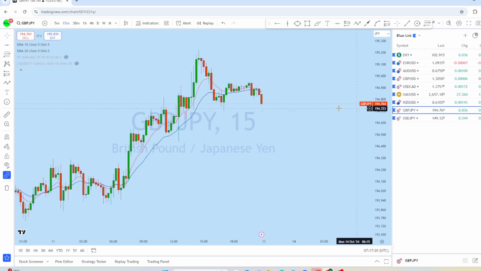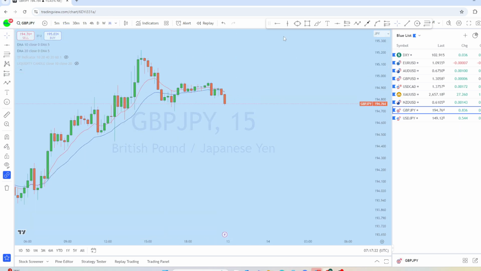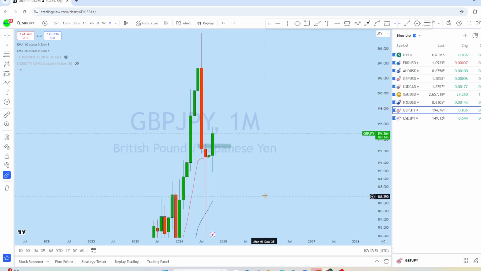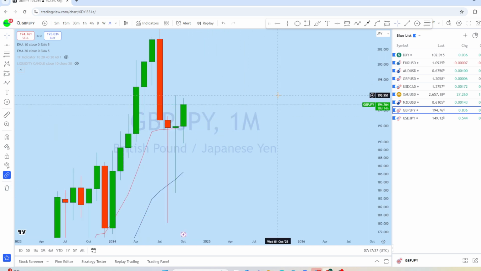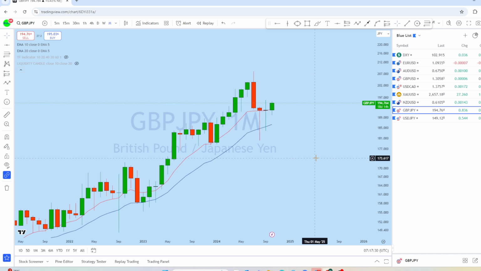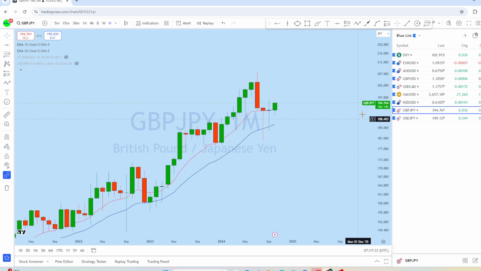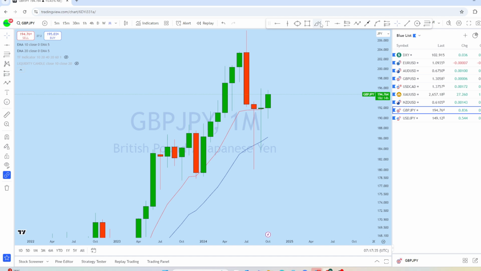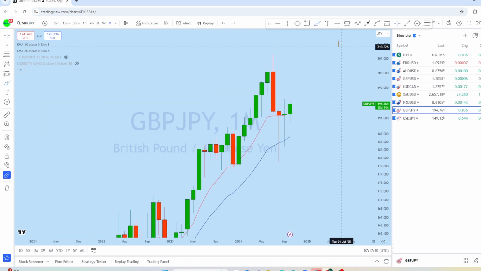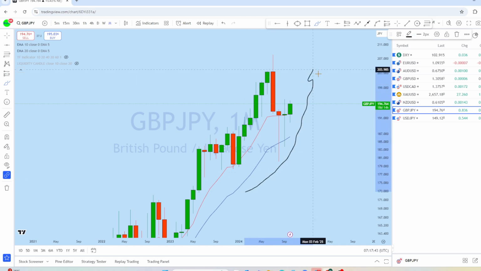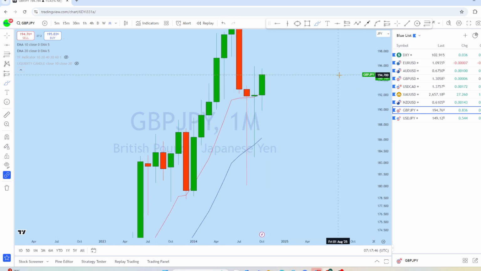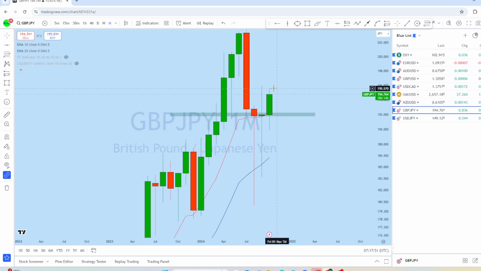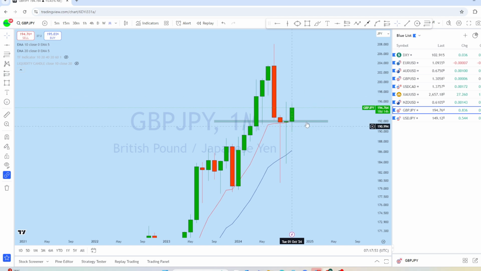Now let's look at GBPJPY. Let's see what kind of opportunity we have. Looking at the monthly chart on GBPJPY, this is the monthly price action here on GJ. There is a monthly impulse on GJ, and with that monthly impulse, if we look closely, we can see that the market is forming a series of higher lows in that area on GBPJPY. With that series of higher low formation, what we can expect on GJ is for the market to retest and then revert back to the upside, as it is a long-term bull market.